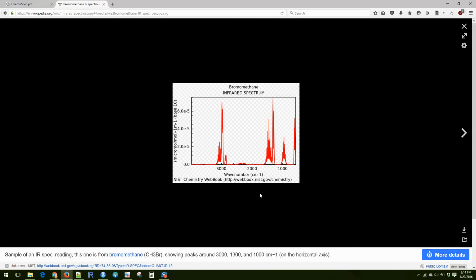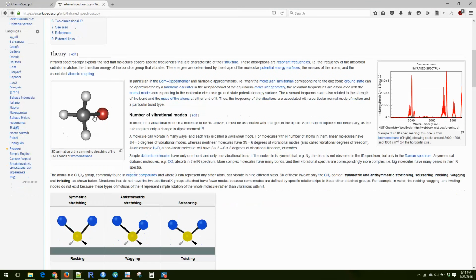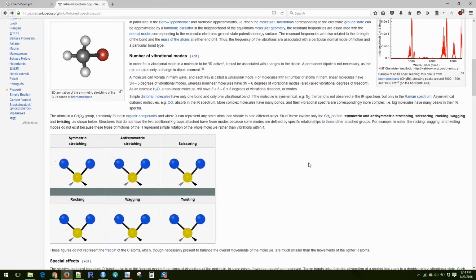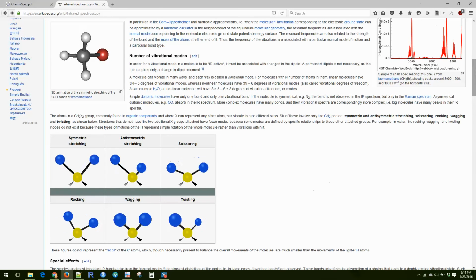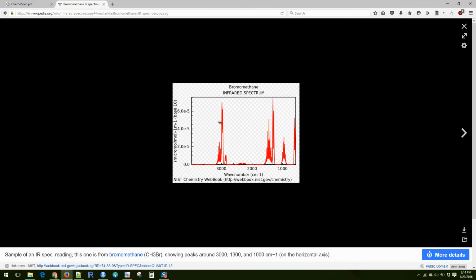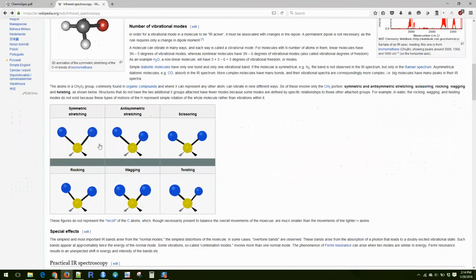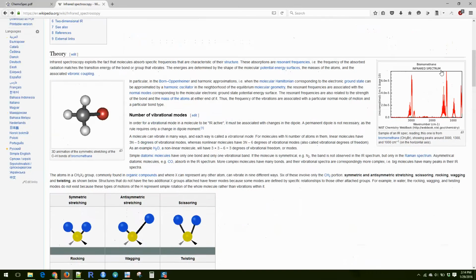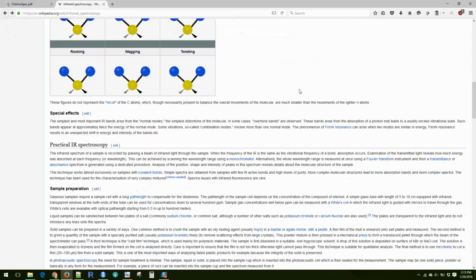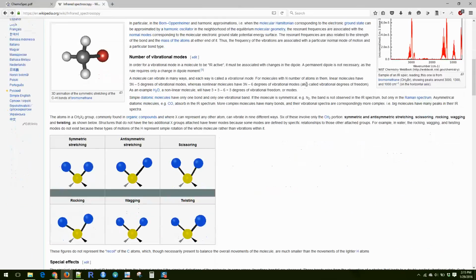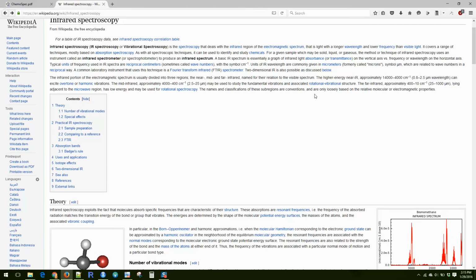Depending on its chemical properties, the compound will absorb certain wavelengths and not absorb other wavelengths. If you're a chemist, you can look at this data and say, this is what we're seeing here. I'm not a chemist, so I have just minimal knowledge about how to analyze this kind of stuff,